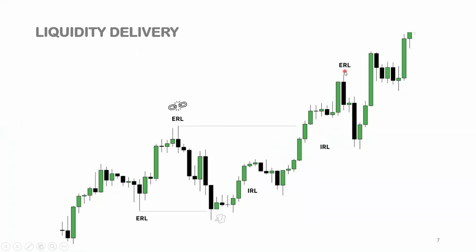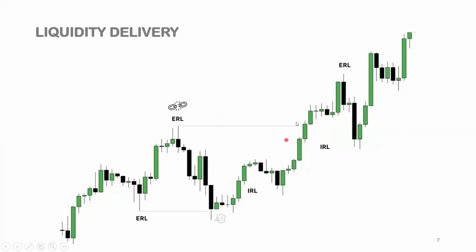Where do we think price will go next? Because external has been taken and this move has created a new range. Inside this range, we have fair value gaps. And these fair value gaps are what? Internal range liquidity of this range. So as soon as this high is taken, we are expecting that price will retrace and go into this range